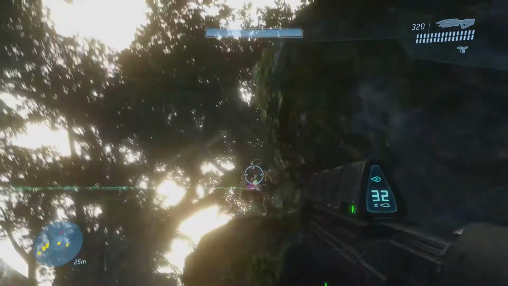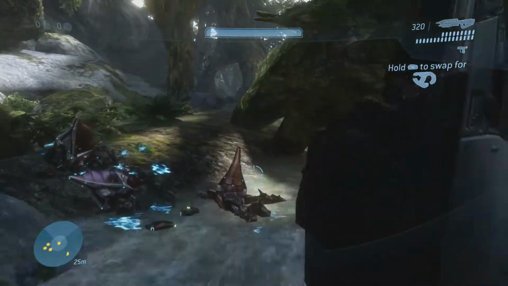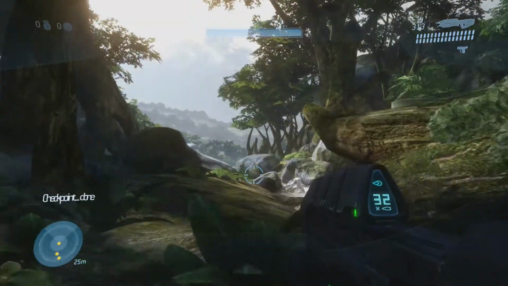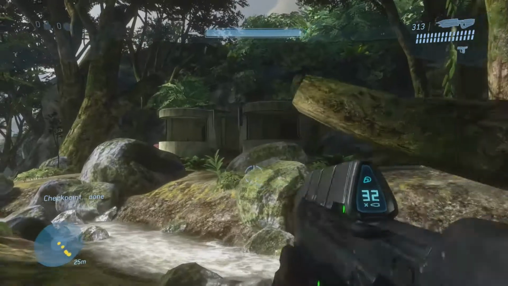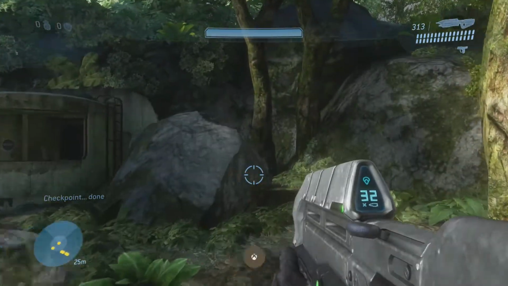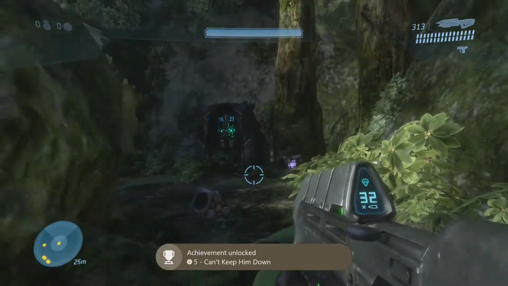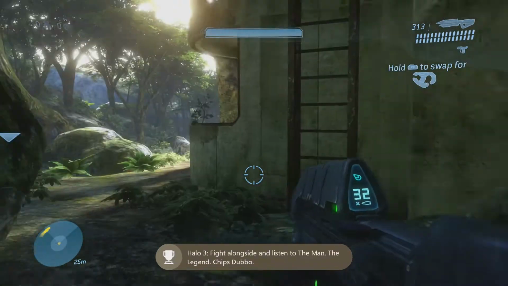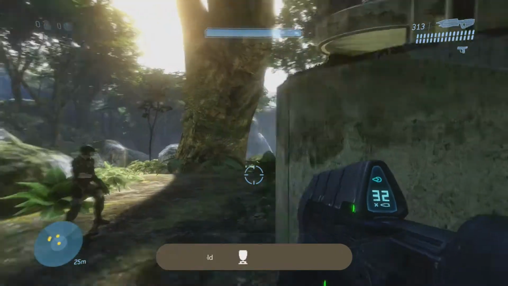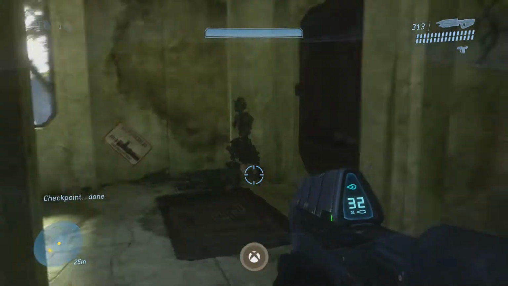So to properly test the design of each level Bungie created for the campaign, they developed a state-of-the-art playtesting facility where they were able to monitor and analyze everything the test subject was seeing, doing, and what buttons they were pressing, as well as their facial expressions while they were playing the game.